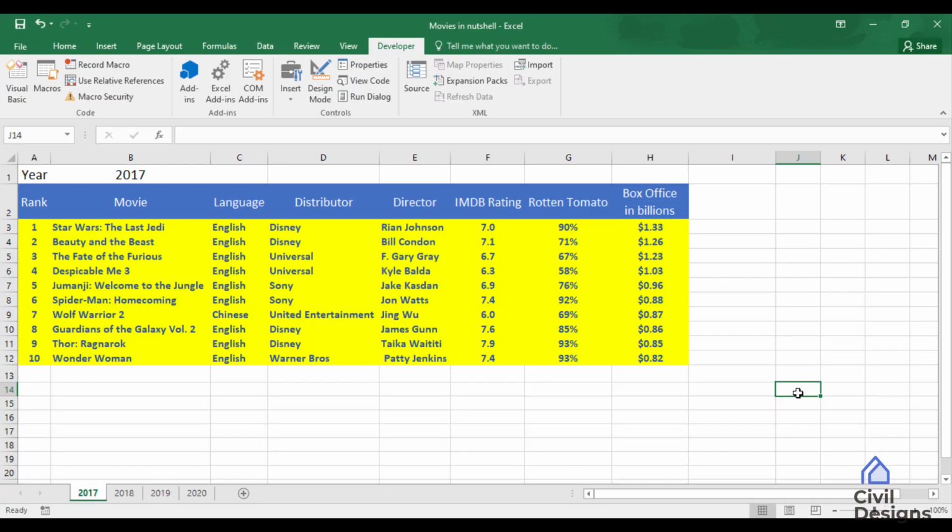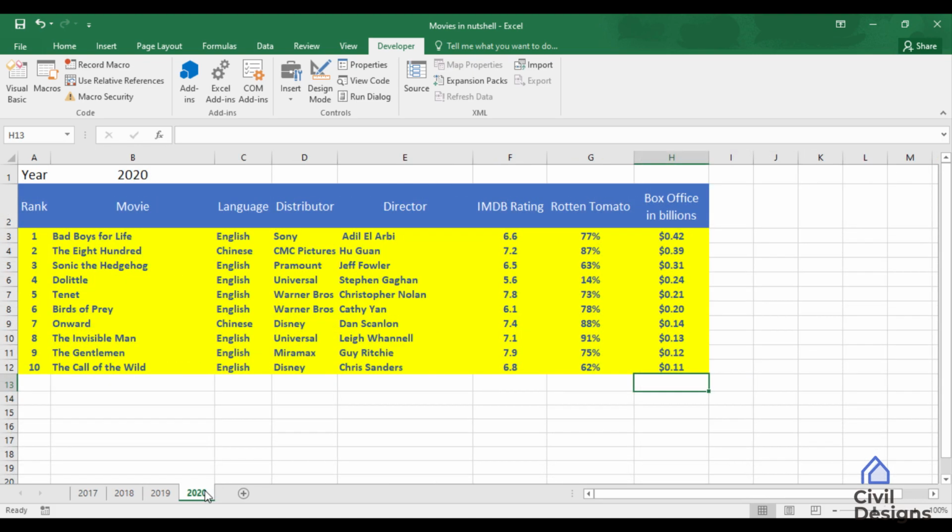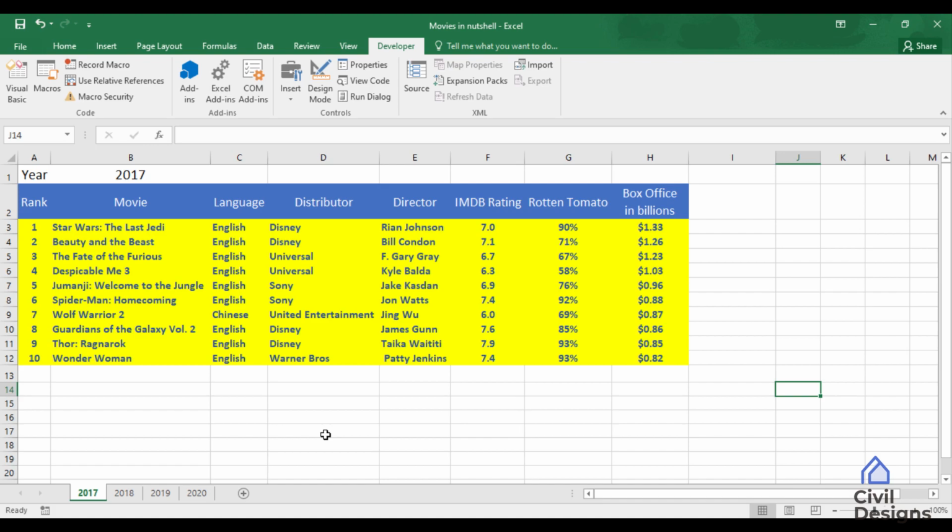In this Excel sheet, I have a table which shows the top 10 movies of the years 2017, 18, 19 and 20. The data is nothing big, nothing complex. If I want to add the total box office collection, let's say in this cell down here, I have to hover through each and every sheet and add them manually by using the sum function. I have only 4 sheets here, but what if I have hundreds or thousands of sheets? Also each day such sheets may be added and for each sheet I have to perform the task manually. This will only cost my time and money.